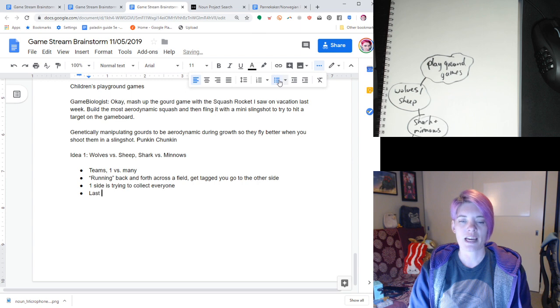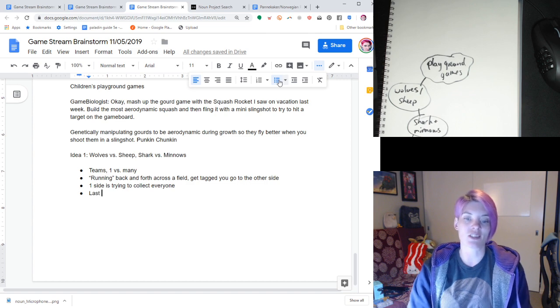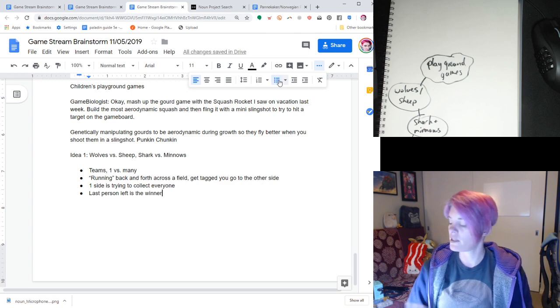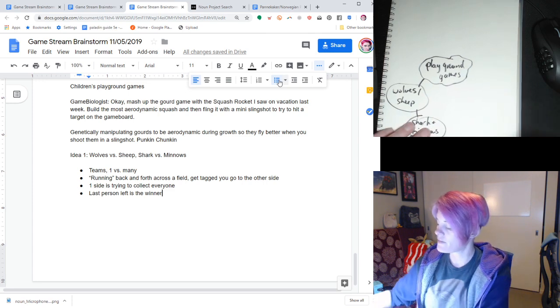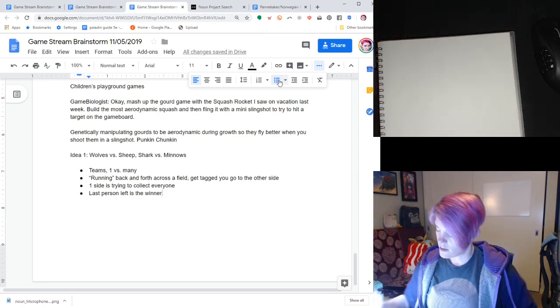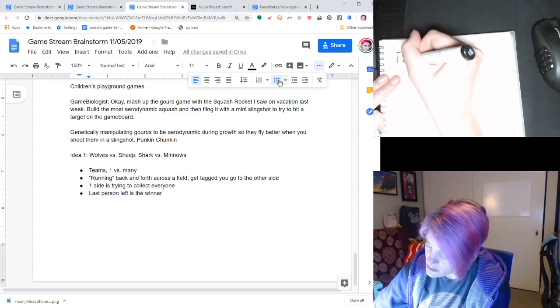I'm trying to remember if there was a win condition to that, because it didn't really matter. I knew that I wanted to be the last person tagged, but I think eventually everyone gets tagged. Last one left is the winner, but that also means that the wolves can never win, so win condition, I'd have to play around with that a little bit. But if it were to be a card-based game, I could imagine